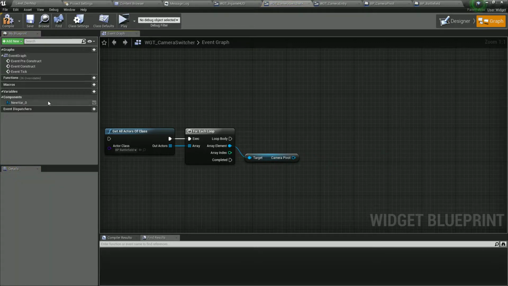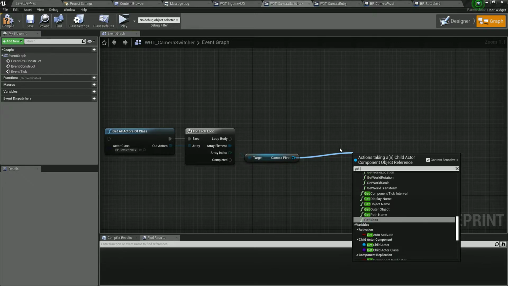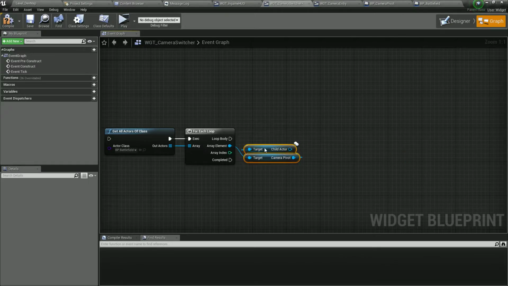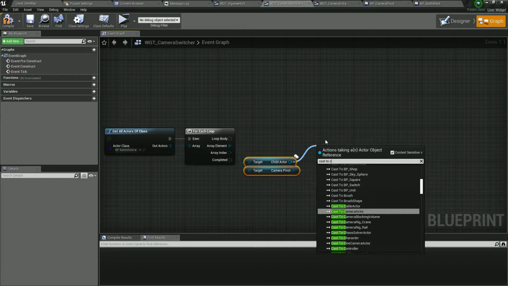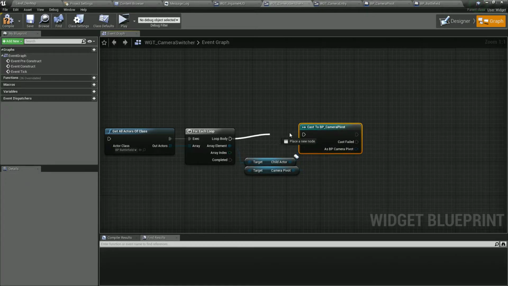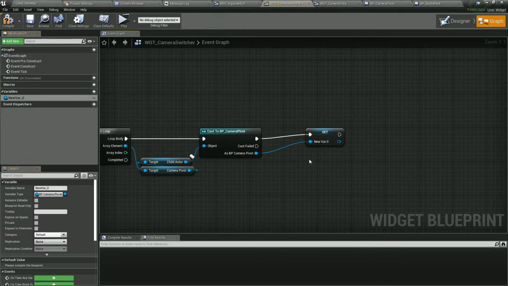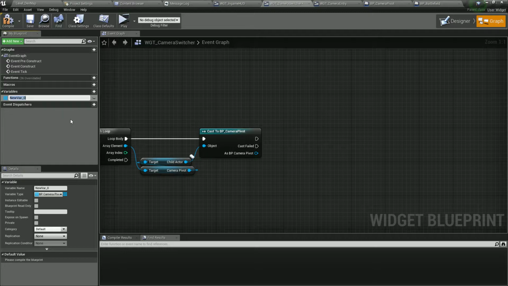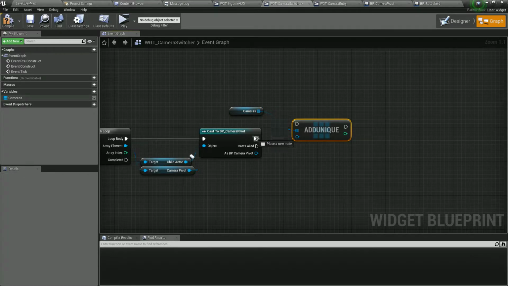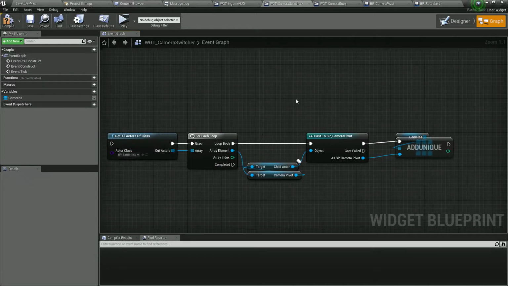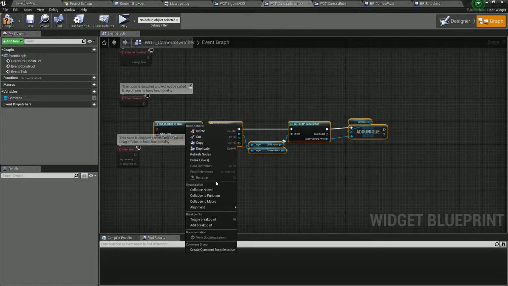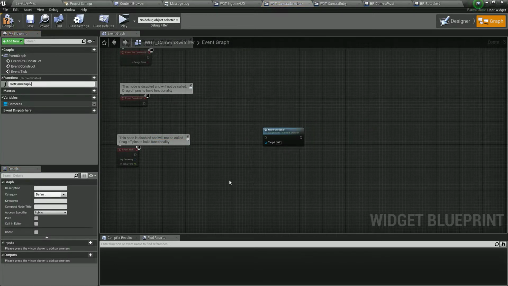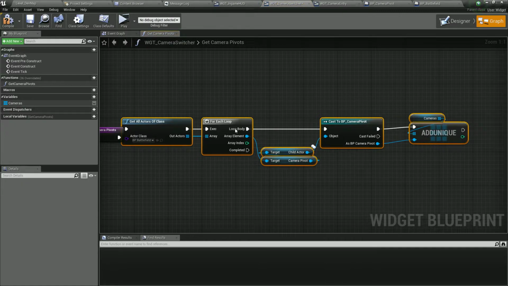We want to promote that to a variable, make that, oh yeah, we don't want the child actor there. We want to get child actor. We want to be casting this into our camera pivot, like that. We want to create that as a variable. We want to delete that and make that an array of all the cameras we have. We want to add that in here, and we want to be putting this in a function. Get camera pivots, I don't know how it's said, like this. So we have all the camera pivots,